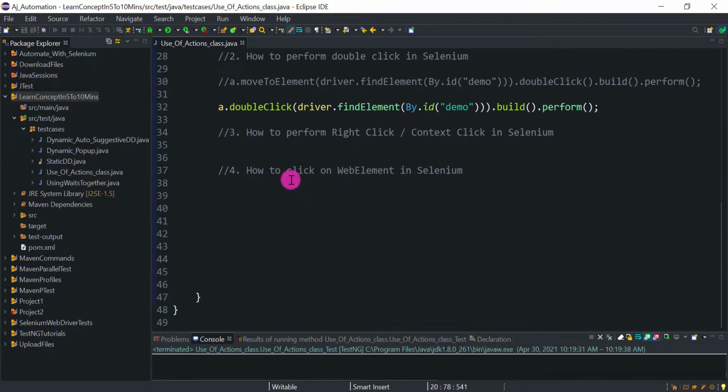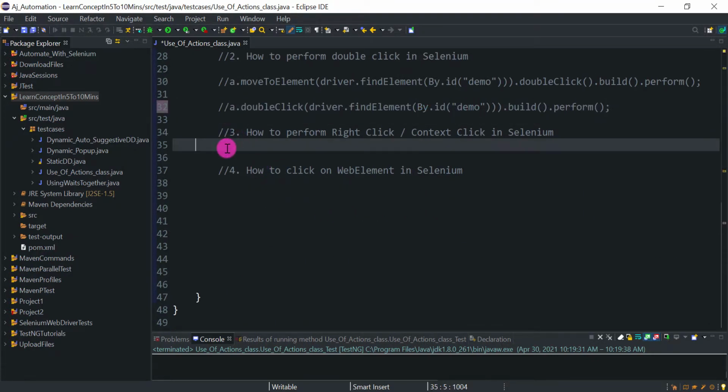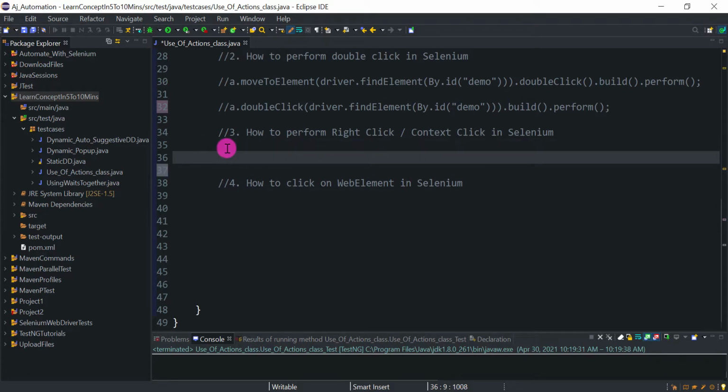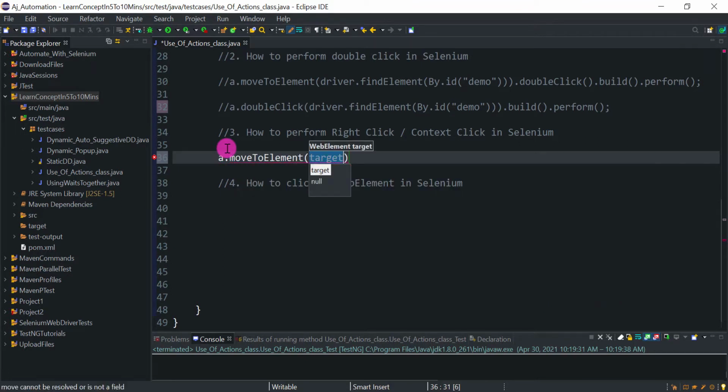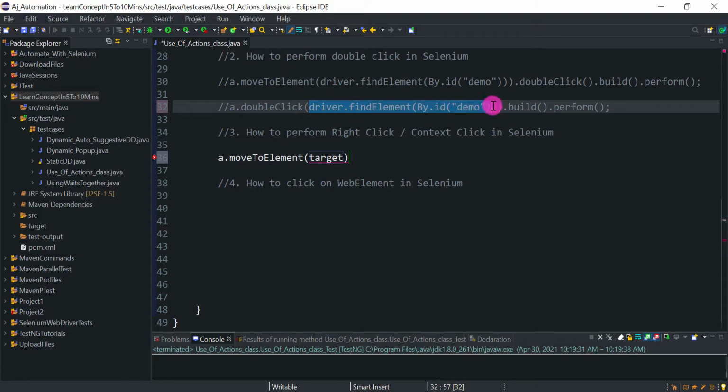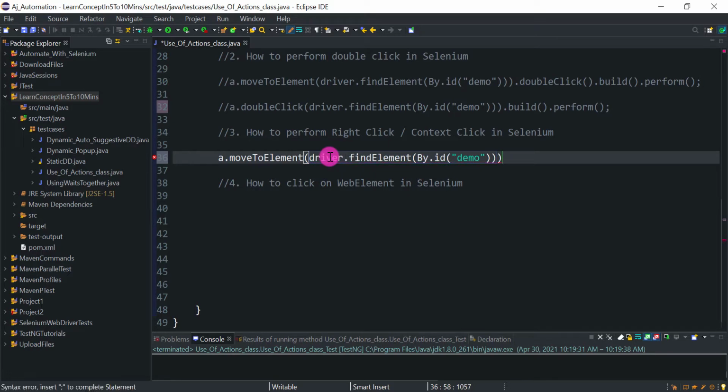Okay, save it, and using the Actions class object we are going to use the method. So which method is there to perform right click? So a dot, again you can do the moveToElement, move to that web element. Which web element? The same. So I have provided the id demo for all the text on all the web pages for simplicity.